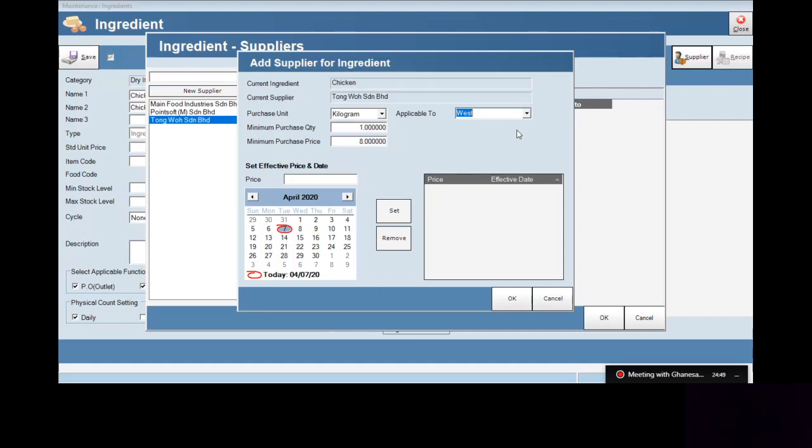That is the meaning of what we created earlier for the outlet group. If not necessary, we just maintain it as all.